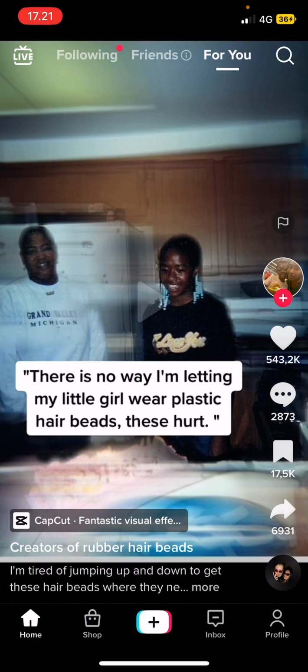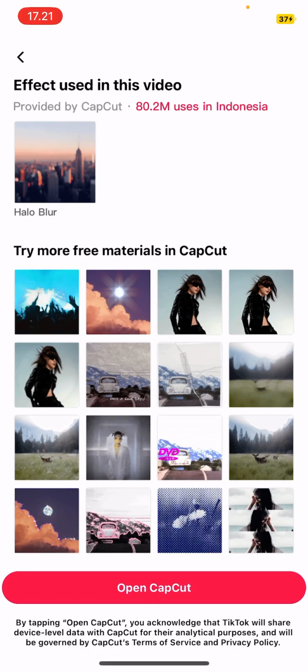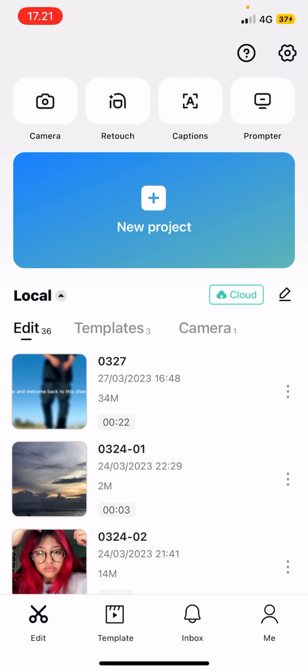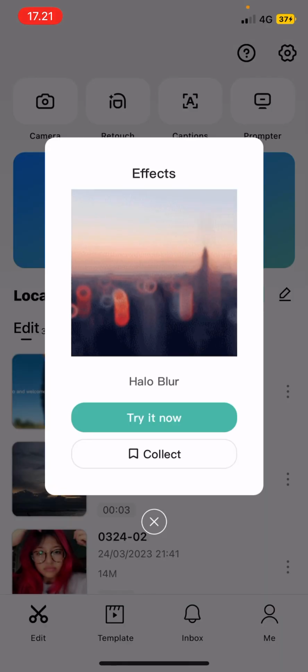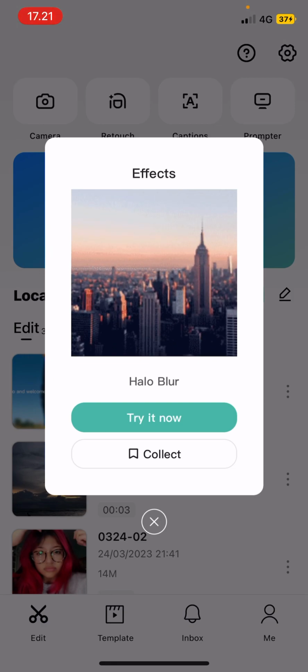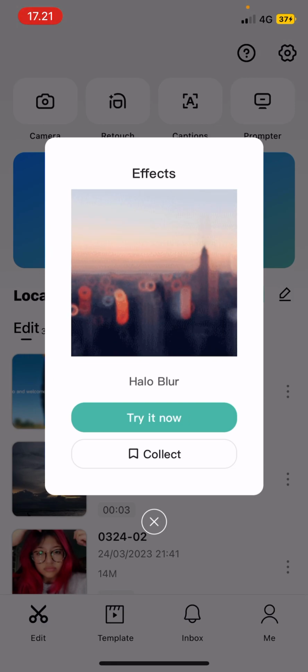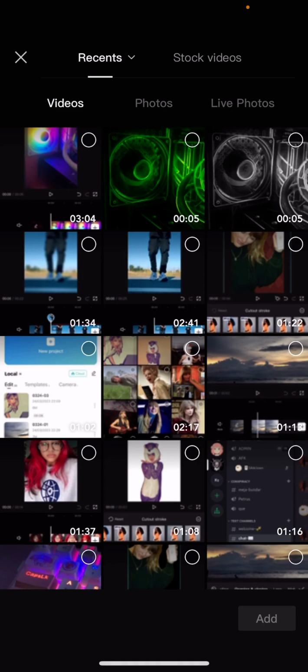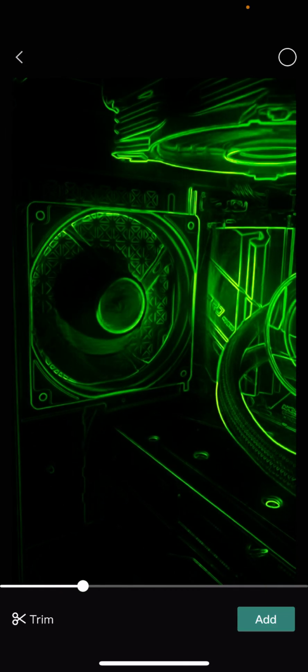Maybe if you can't see it here, you can search CapCut effects and hopefully this will show up, but you're basically going to press the CapCut effect here and select open CapCut, and it says effects used in this video and it says halo blur, and this will show up. So you can just select try it now or press collect, which means you're going to save it to use later. I'm just going to test and select try it now and just open up a video and select add,